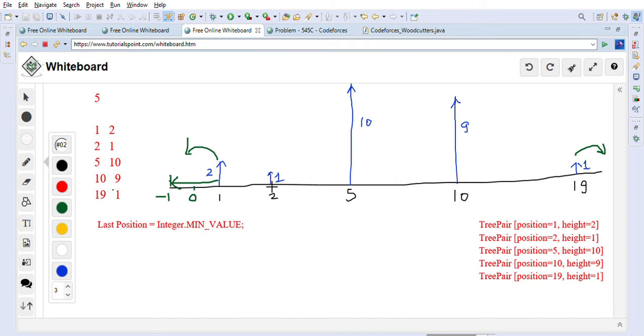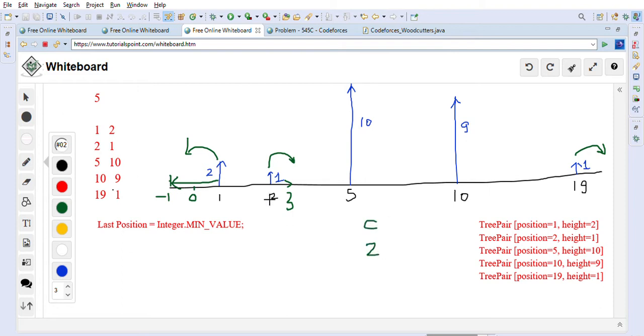Then we can take a look at this second tree. If we are falling this second tree on the left side, it will hit 1 basically. Its height is 1, right? So after falling, it will touch this tree. So this is not acceptable because there is some tree already present at this point. So the only choice for us is to fall this tree on the right side. We can fall this tree on the right side and it will occupy the 2 to 3 segment, which is fine. So right now, our count is 2.